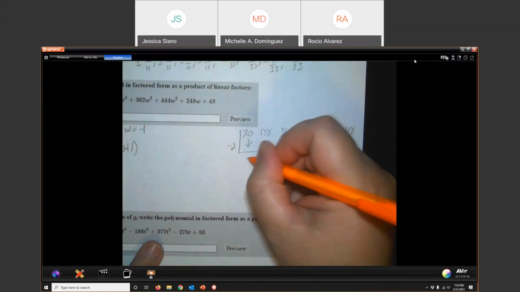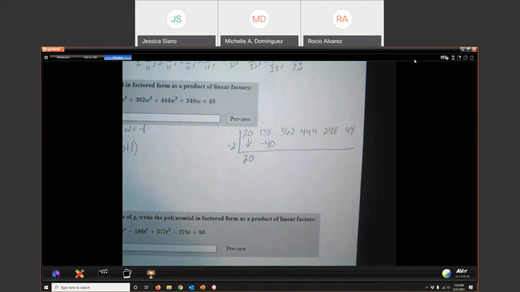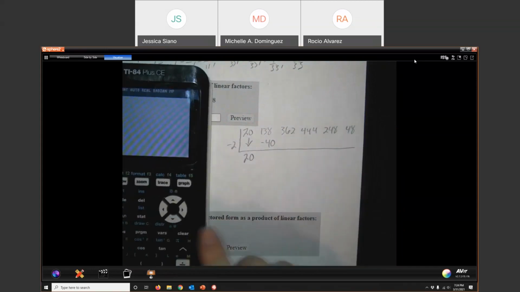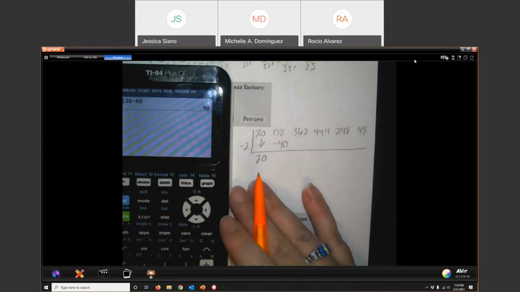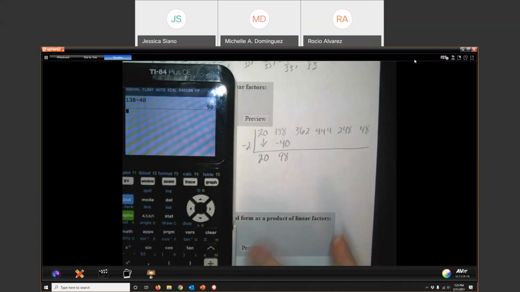Start with our root at -2. It's -40. So when I do these, I will very often just do the whole thing in my calculator. So I'll say, okay, 138 minus 40 is 98 times -2